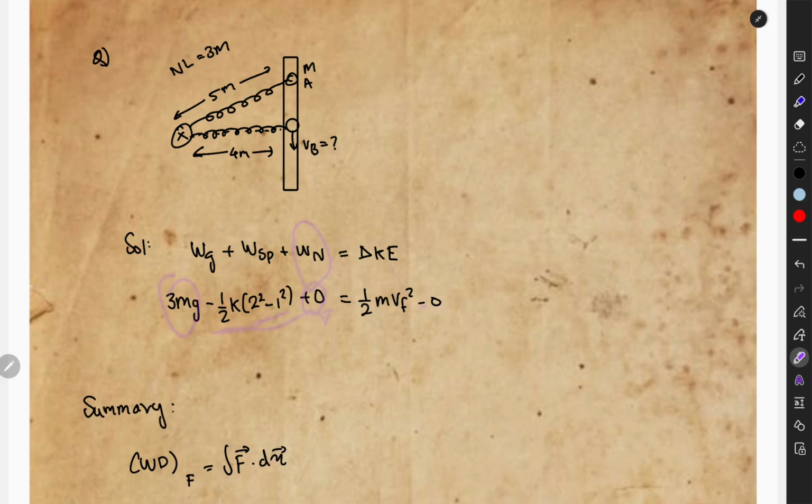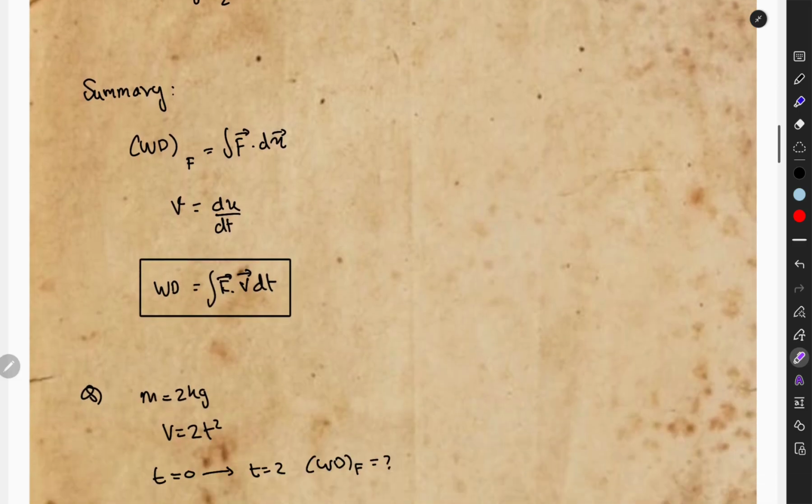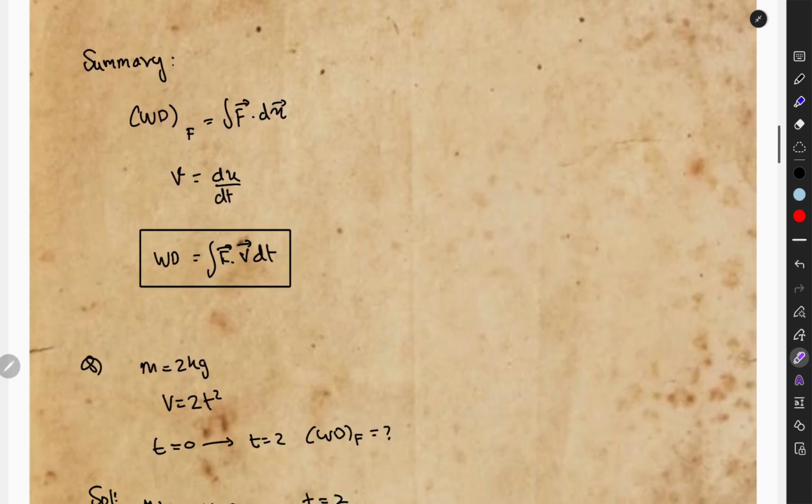in this case, and the change in kinetic energy. Right? So this is a summary of this. Work done by the force will be equal to the integration of F dot dx. Okay, and v is going to be dx by dt. We all know, we have studied in kinematics. So when we combine both of these,